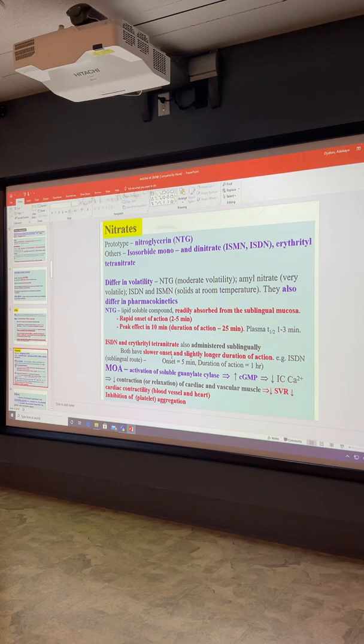So ISDN given by the sublingual route, the onset of action will be like 5 minutes, and the duration of action is about 1 hour. But the question is, how easy is it to distinguish between the two? Between the ones with rapid onset of action and short duration of action,